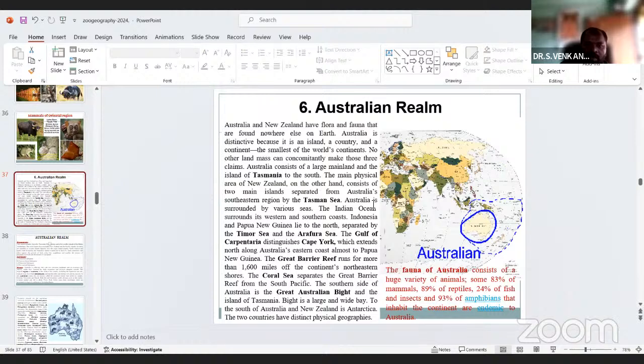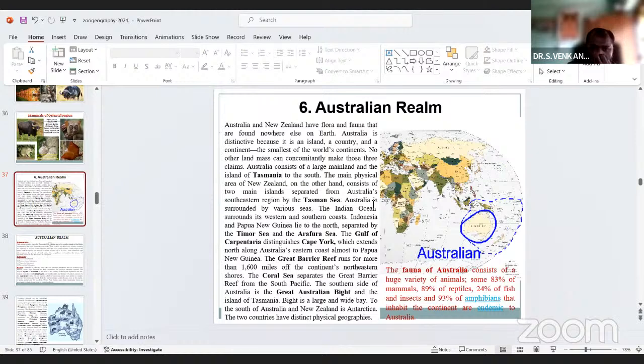Australia consists of the large mainland and the island of Tasmania to the south. The main physical area of New Zealand, on the other hand, consists of two main islands separated from the Australian southern region by the Tasman Sea. Australia is surrounded by various seas.